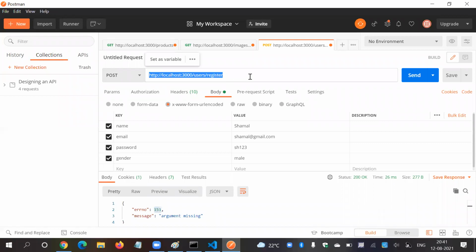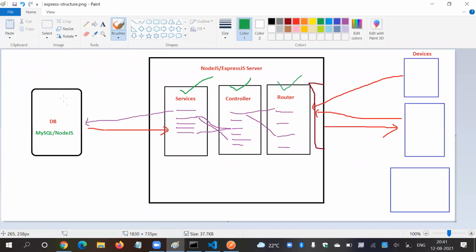So guys, what we did, we completed everything, but the pending part is the UI part, the React part.